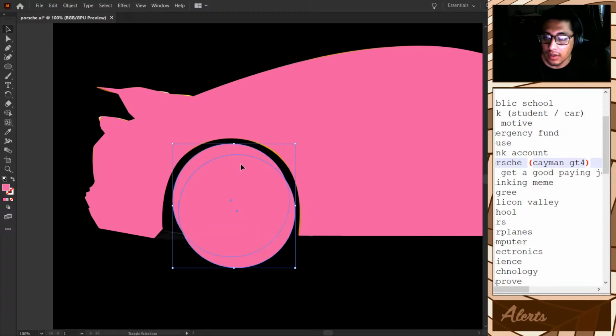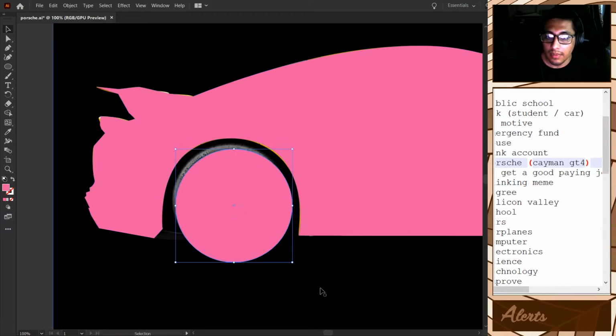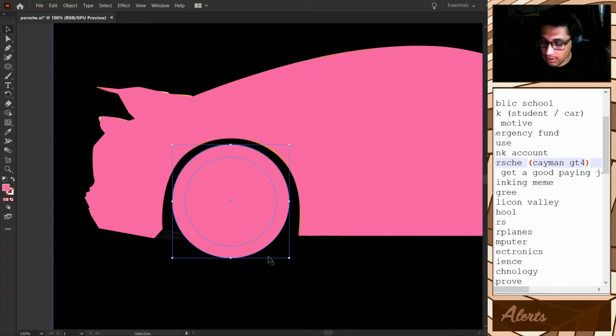Make a copy of it. We'll align them on only one of them. Scale it. I want to give it thin wheels. Then we select both, and we do the Shape Builder tool, Shift M, which gives us this little plus sign on our cursor.